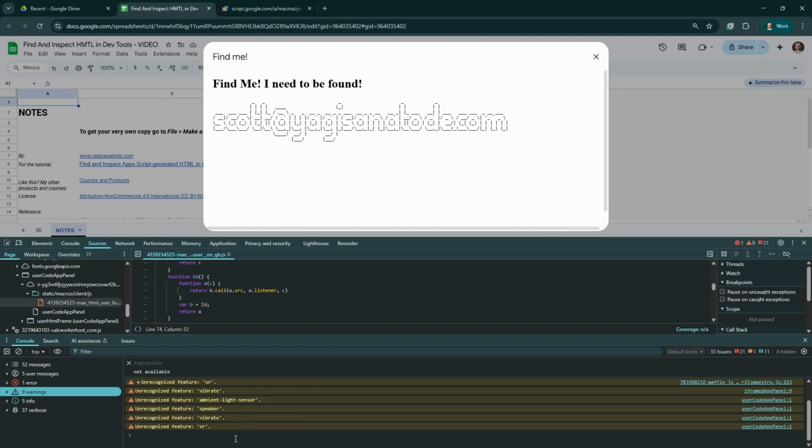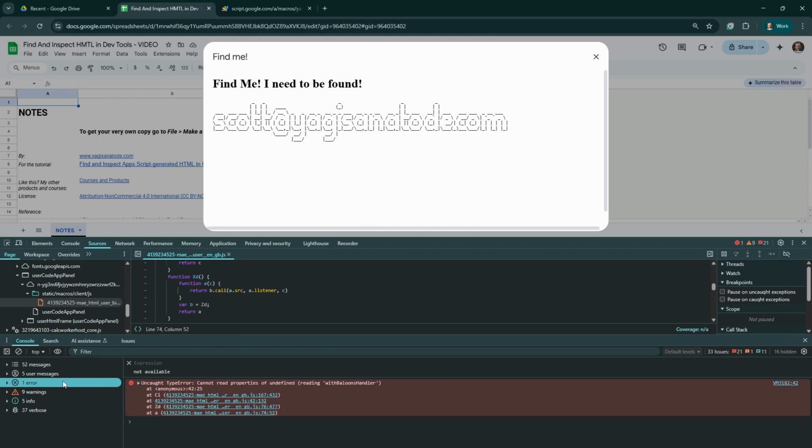These are just Chrome yelling at Google Apps Script saying, you're not doing things the way I want you to do them, which is funny because it's the same company. That's for another story. Now, if we go over to our error log here, we can see that there is